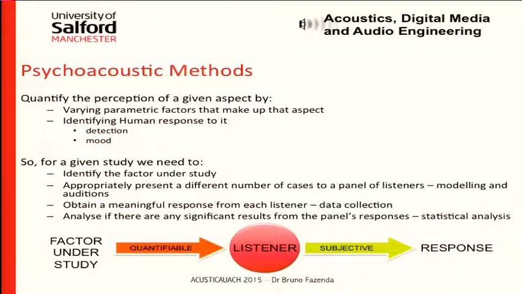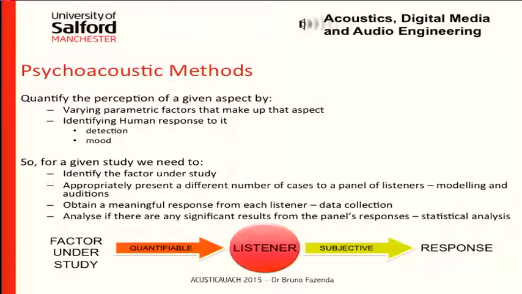and based on that, then we can start making some conclusions about the factor that we've studied. So, when we want to kind of do perceptual testing, what we want to do is we want to quantify the perception of a given aspect. What we do, we vary these factors and we can measure them. We know how much of a certain stimuli we're sending in to the listener,